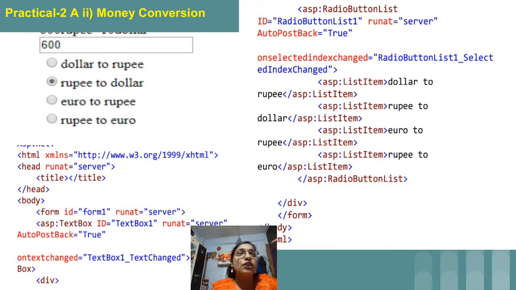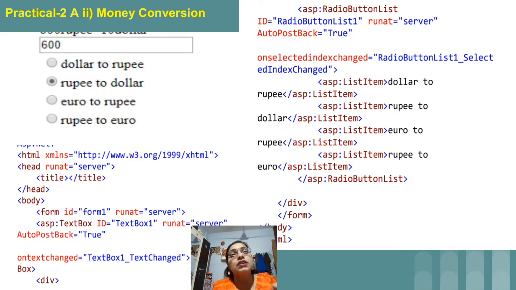If you try to choose any other option button, it will get selected, but the response is not the same because the page is not refreshed. If the page is refreshed, then and only then will the new response be sent to the compiler. This is the reason why we should set the auto post back property to true whenever we have any type of list control in the toolbox.